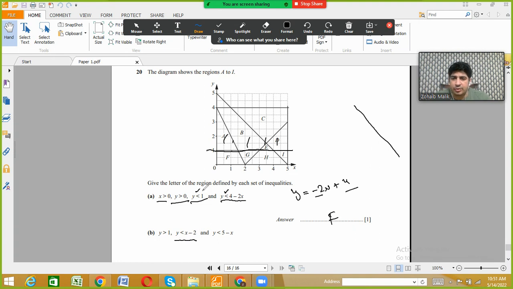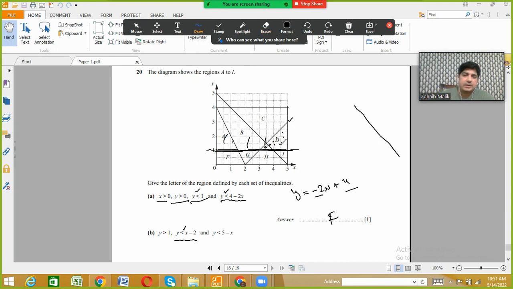So here I can see the gradient is positive, because y is equal to mx plus c, and there I can find only one equation which has a positive gradient, so it means this is the equation y is equal to x minus 2, so its area is less than this one. So we are supposed to be above this line and below this line. It means we are just here on this area,